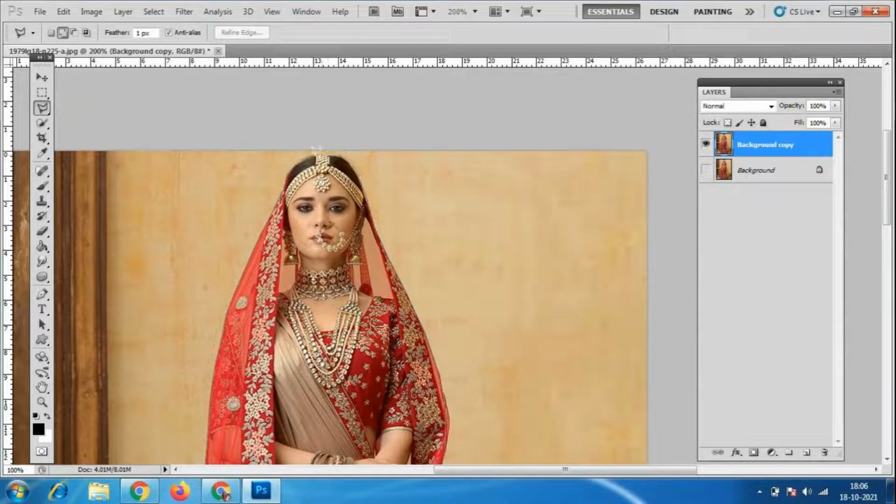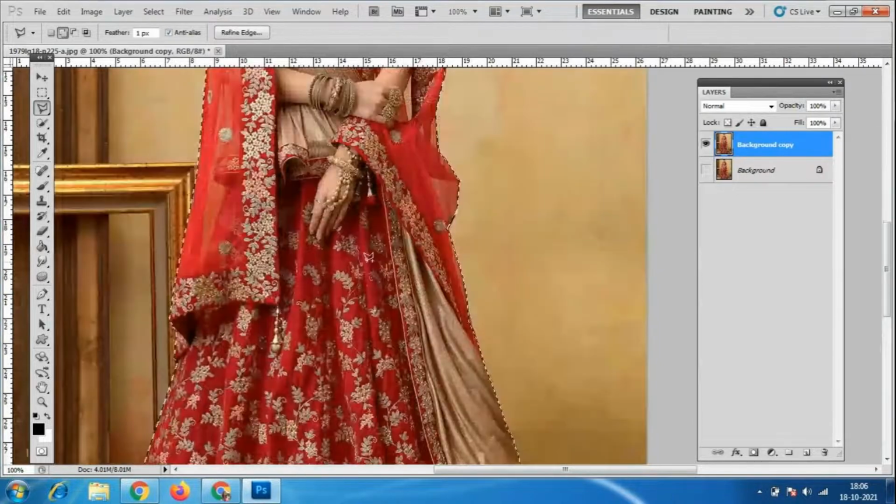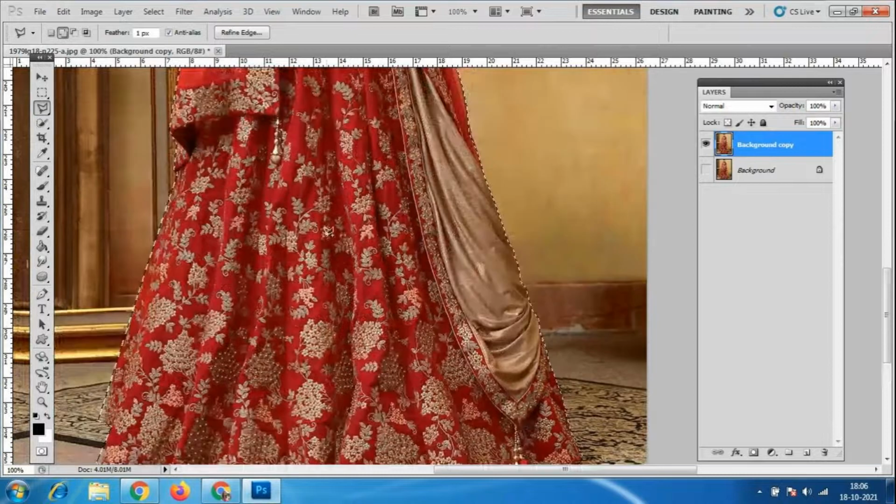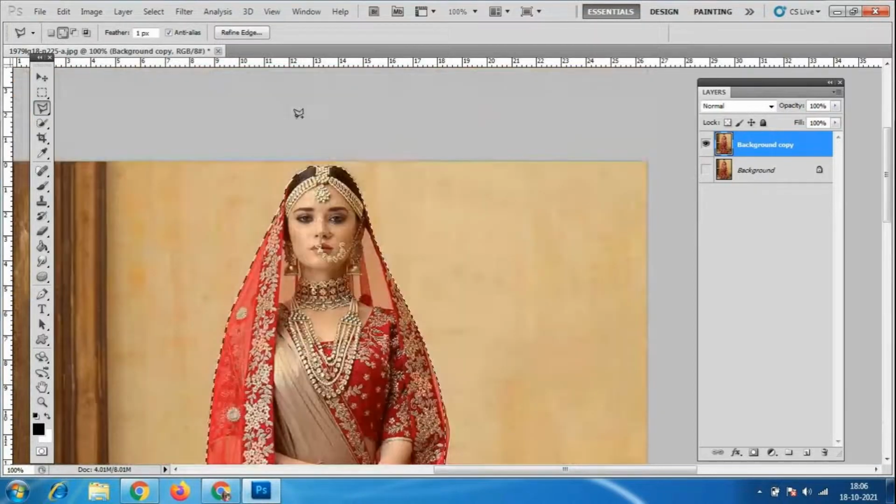Where I have started, I will end there itself. Before that, look at here in the property window. It is completely selected like this. Any portion that I have to remove, later I can remove with the magic eraser tool also.